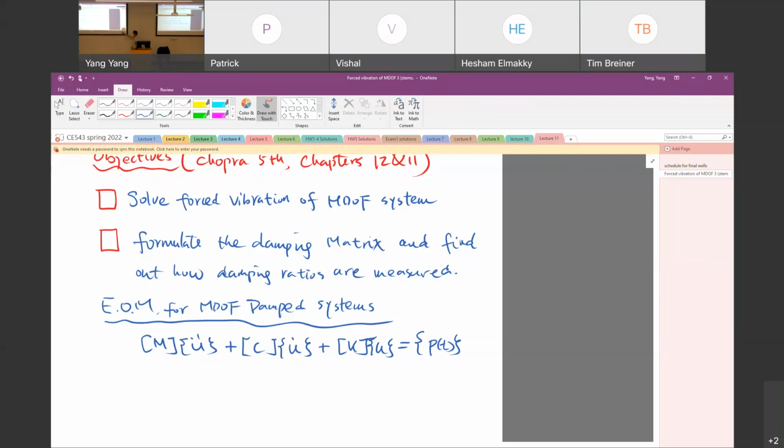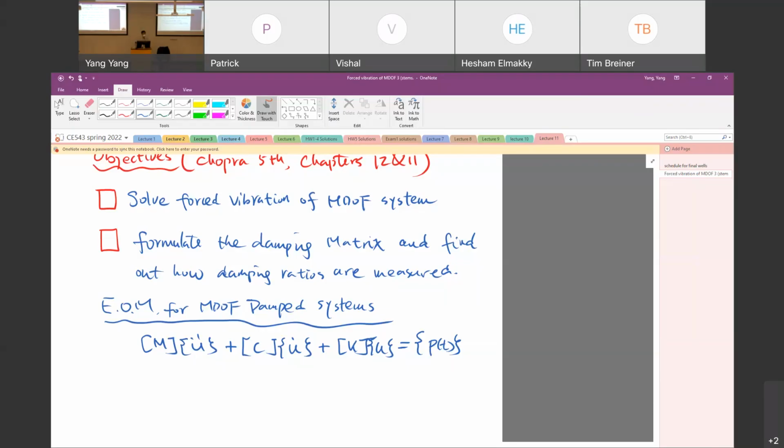So how can we solve this problem? Actually, this is a system of differential equations. For example, if you have a two-story building, you need to solve two differential equations. If you have a skyscraper, 100 stories, you have to solve a system of 100 differential equations. I guess you should use a computer for that. Yes, we use a computer for that, but we need to know